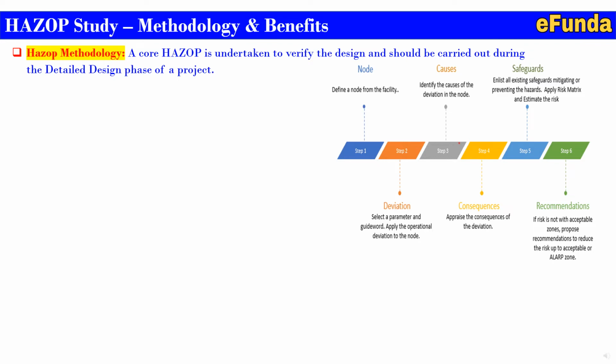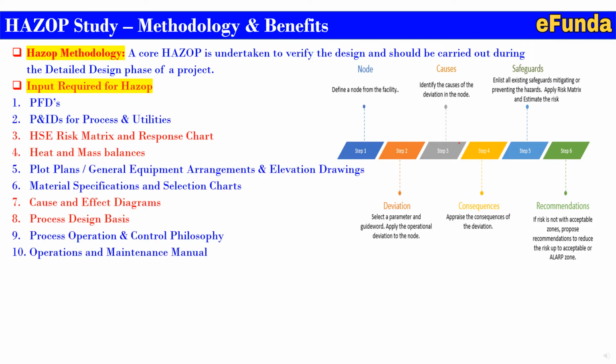Now for HAZOP study, the inputs required are: first, PFDs; second, P&IDs for process and utilities; third, HSE risk matrix and a response chart; fourth, heat and mass balances; fifth, plot plan, general equipment arrangement and elevation drawings; sixth, material specification and selection chart; seventh, cause and effect diagram; eighth, process design basis; ninth, process operation and control philosophy; tenth, operation